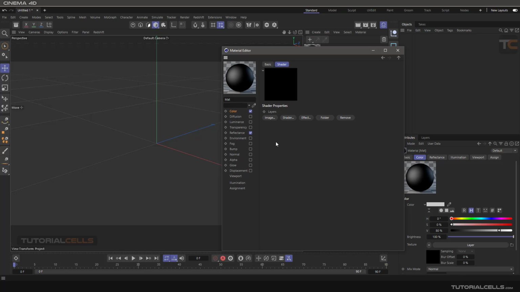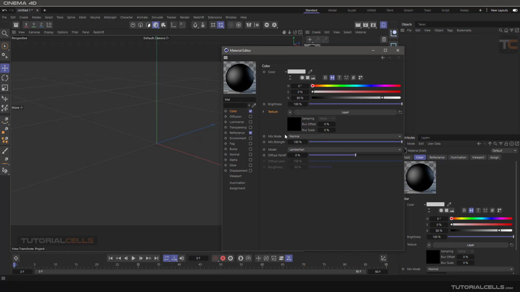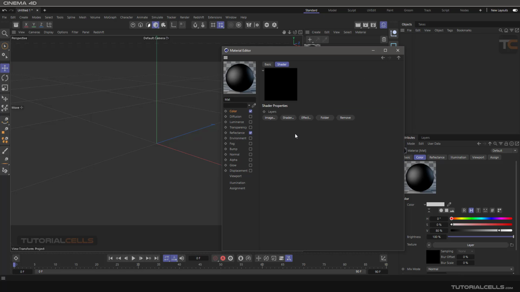For example, if you come back to the color, I explained in the previous lesson, Fusion, that you can mix two layers. You can do this with multi-layer. You can add a lot of layers like Photoshop. First, here you can insert the shaders, color, noise, everything that there was. Or you can use effects. You can create a folder, remove them. First, we begin from